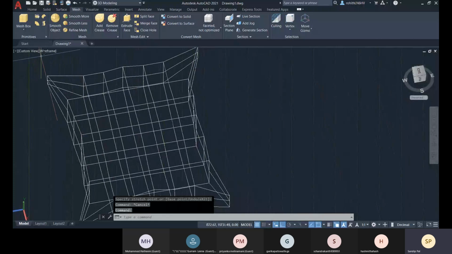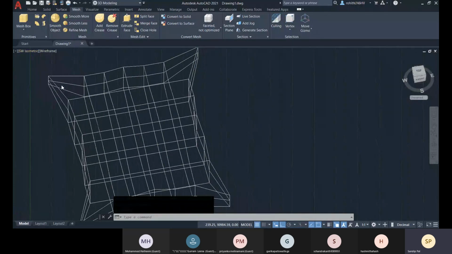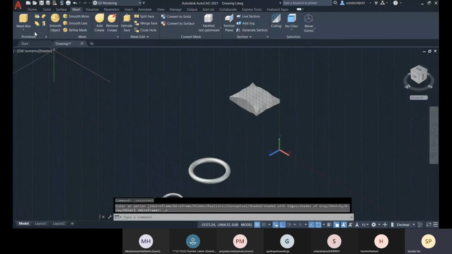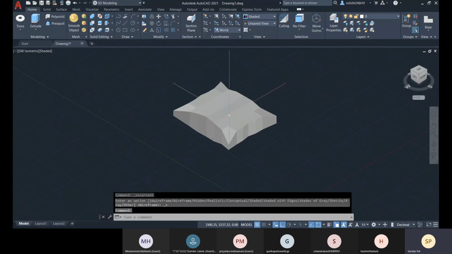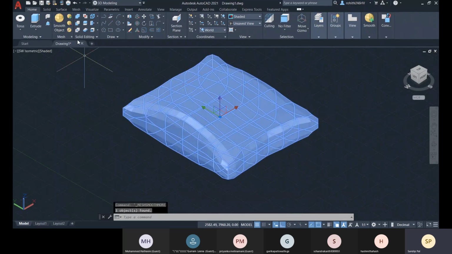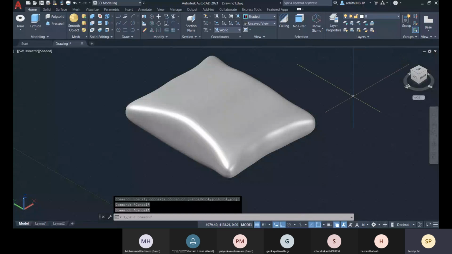That is done. Let me come back to SW isometric, shaded, and come back to world, and you can see that the simple object has been converted into a cushion.